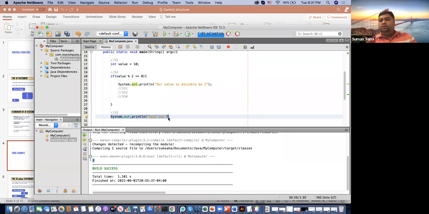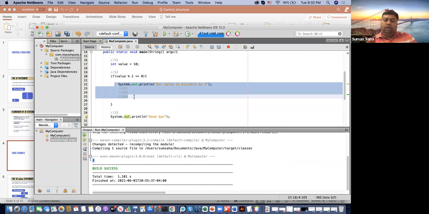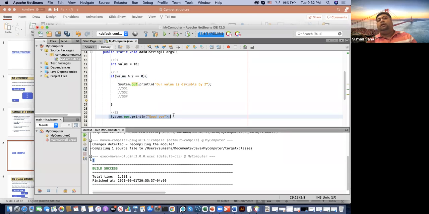So statement 3 is obvious. Statement 3 always comes after statement 2. Whether statement 2 is true or false doesn't matter, statement 3 will be executed. If statement 2 is true, then it will execute this one. If statement 2 is not true, then it will not execute this one. Then after that, it will perform statement 3. Now, the condition, what we are trying to say over here, is if value modulus 2 equal